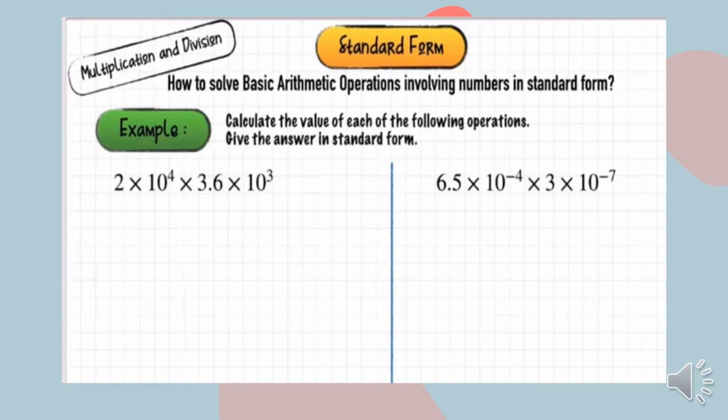How to solve basic arithmetic operations involving numbers in standard form. So we have 2 times 10 to the power of 4 times 3.6 times 10 to the power of 3. For this one, as you could see, this is a multiplication. Multiplication and division is very easy compared to addition and subtraction. Why? Because here we do not need to equalize the power, or the base, because remember last time in index,